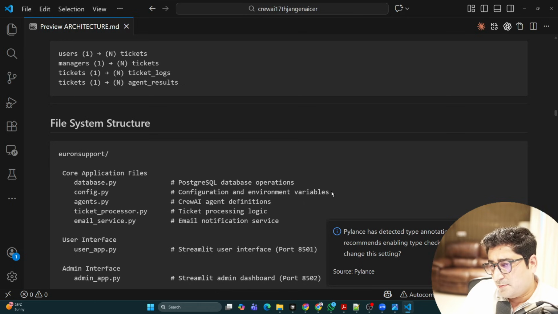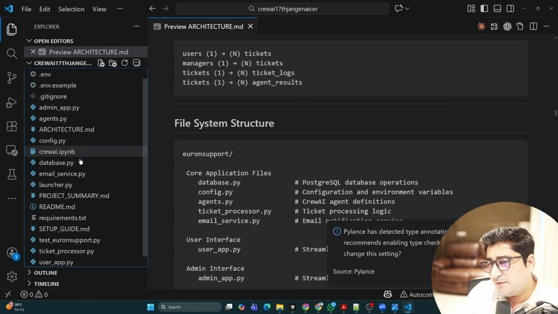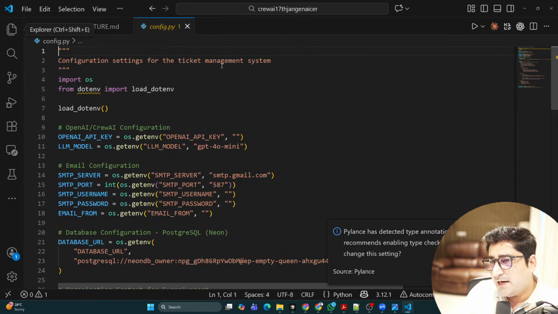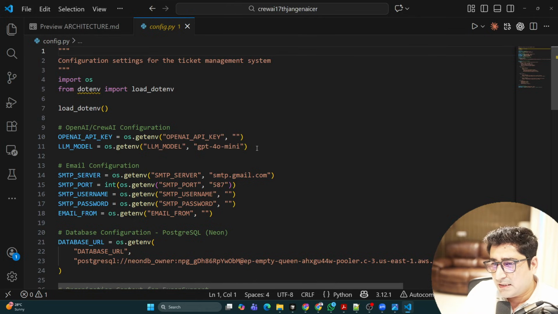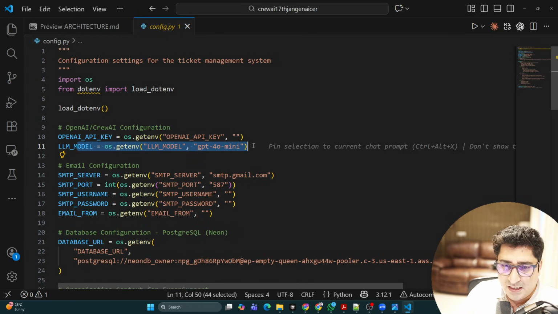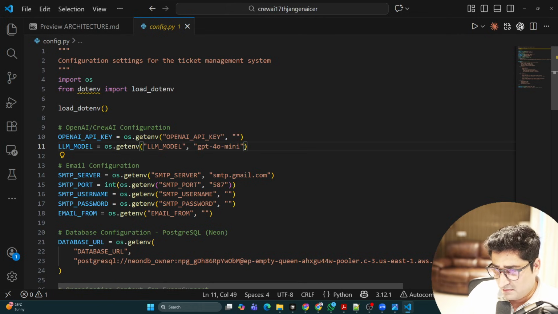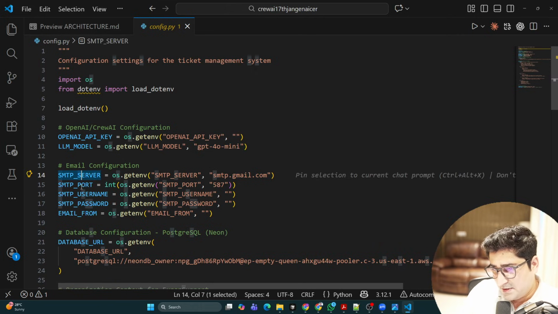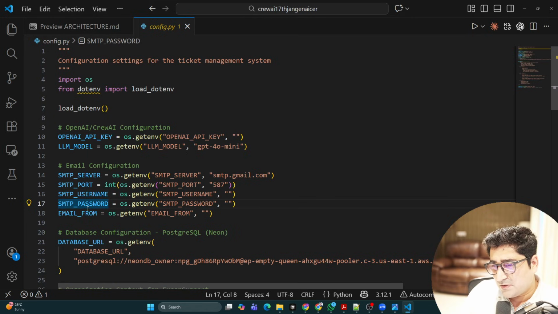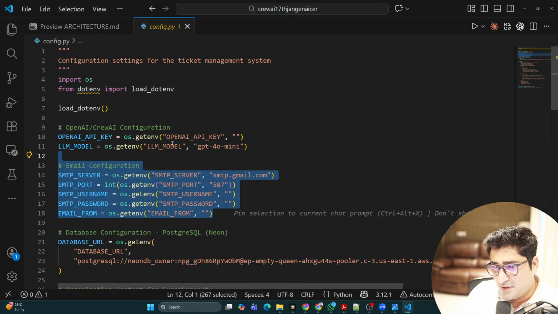The second most important file is basically the configuration file. Again, let's go to that file. So the config file. Inside the config file, we are trying to call our OpenAI API key. We are trying to set our LLM model. If you would like to use a different LLM model, you can use it with the same API key. SMTP server, port number, username, password, and email, all these things we are setting over here,